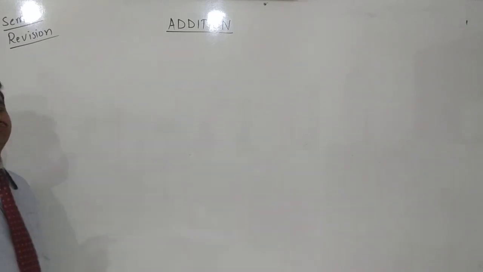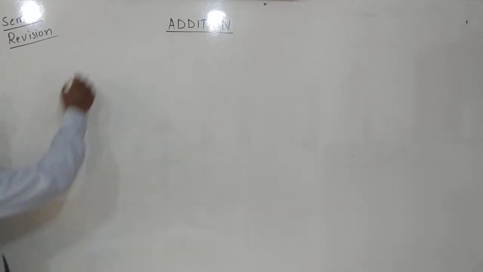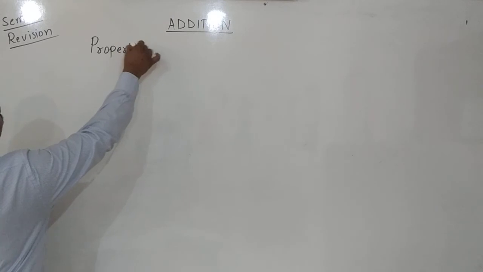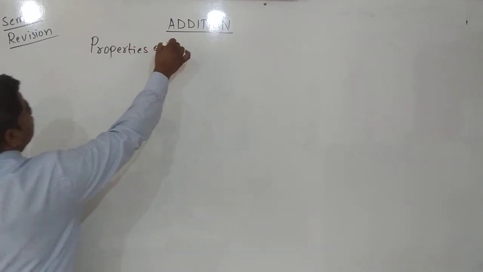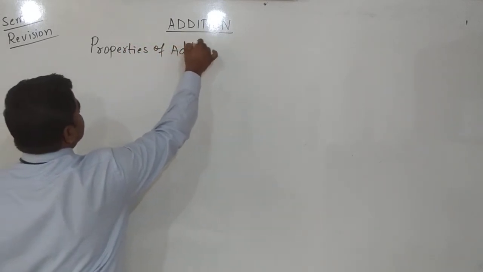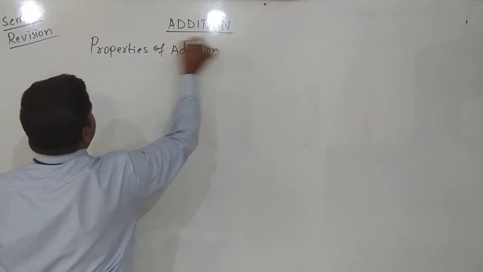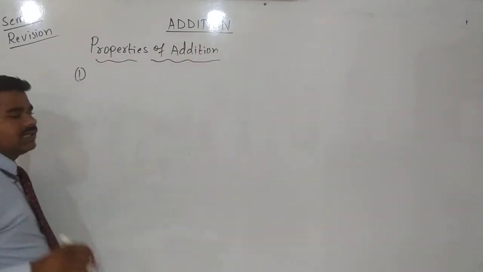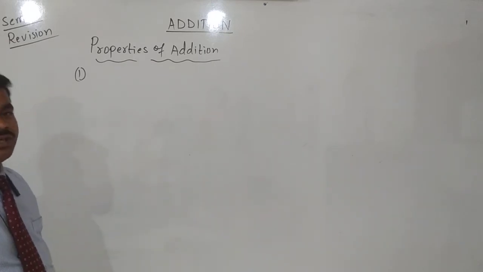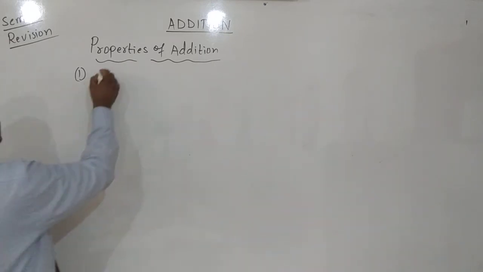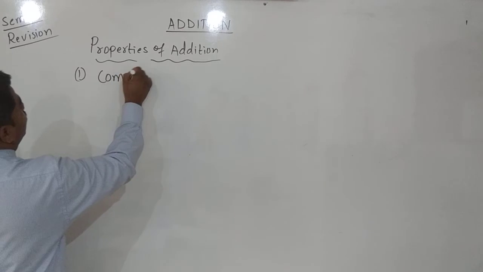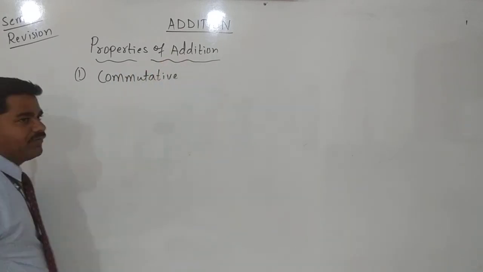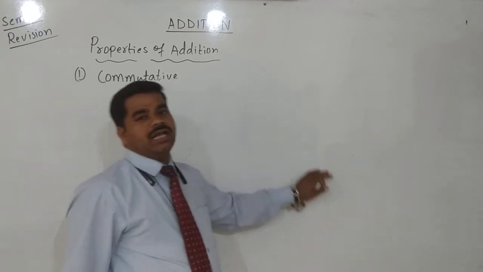Before that we should know the properties of addition. What are the properties? There are three properties. It is very simple. The first one is the commutative property, or we can call it the order property. Commutative means, while adding two or more numbers,